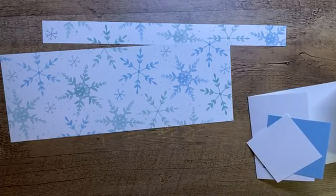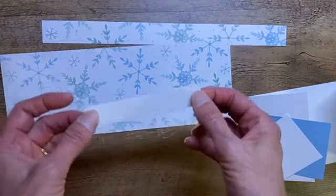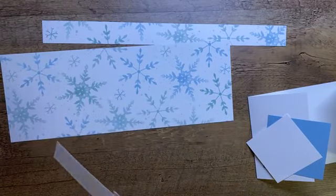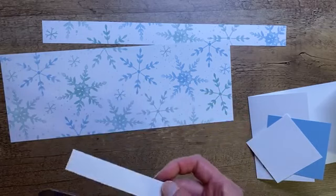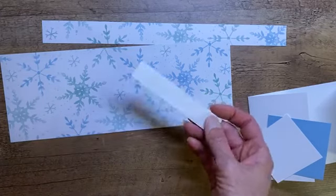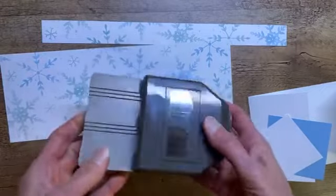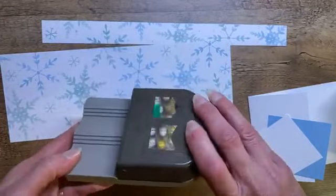One other piece that I have here, I don't know if I have, okay, I do have one that's not been punched. So this one is 3/4 wide by 4 1/4 long, but we are going to punch it. I am absolutely in love. Anyone else in love with this